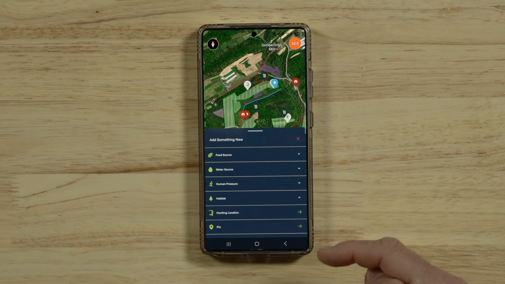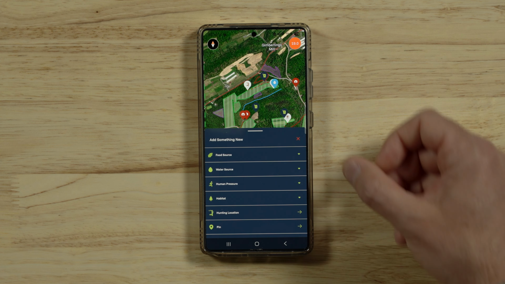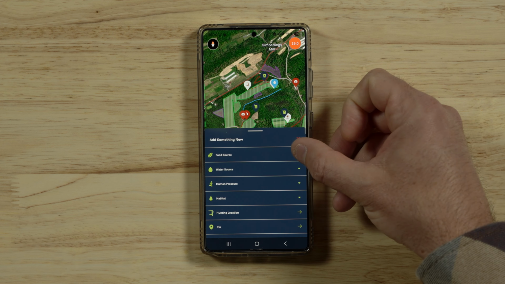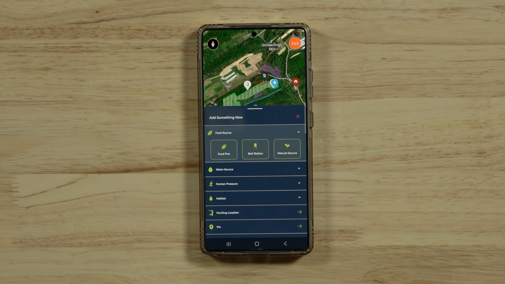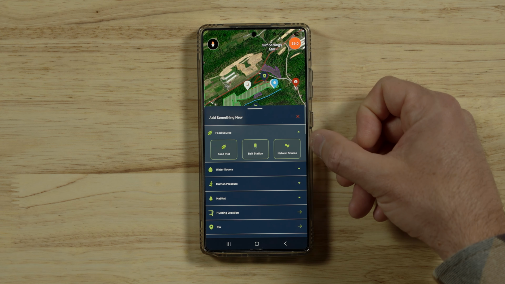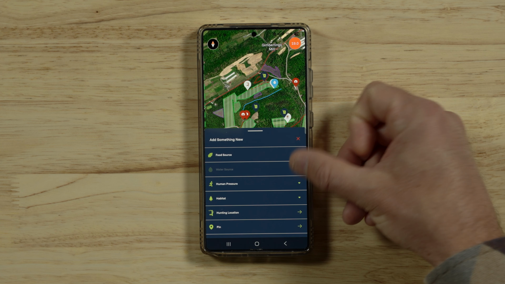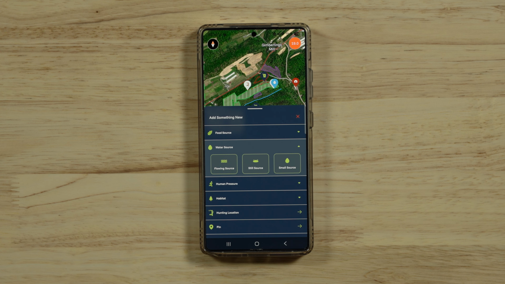I have 6 different categories of items that I can add to my baseline map. You have your food sources. This is going to be your food plots, your ag fields, your bait stations or feeders, and your natural food sources. You're also going to have water. So you have the ability to map out your flowing water, your still sources of water, and then your ones